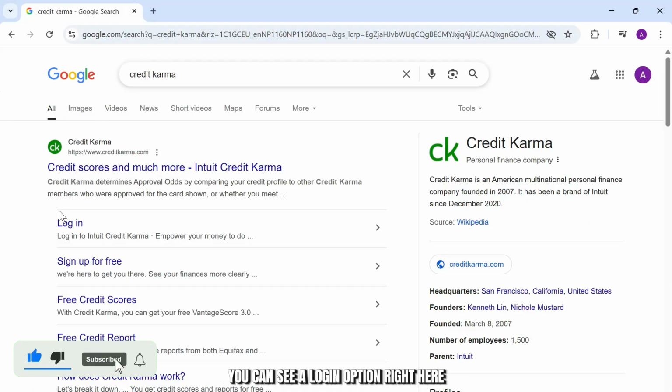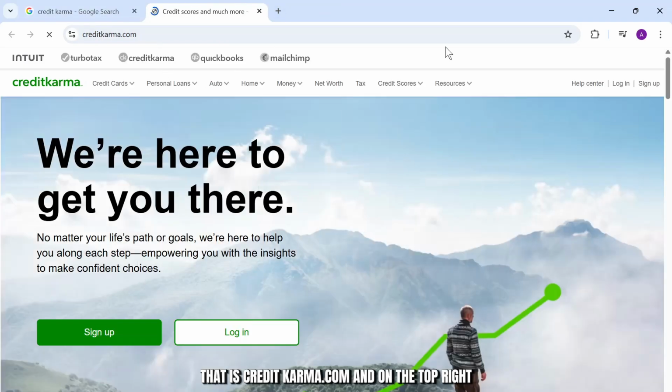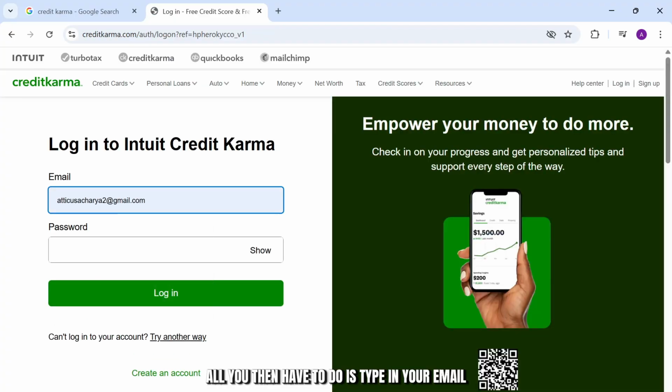After you do that, you can see a login option right here, or you can simply head over to its website first, that is creditkarma.com. And on the top right, you'll find the login option, or you can simply find it right here as well. Tap on login, and after you tap on login, all you then have to do is type in your email,